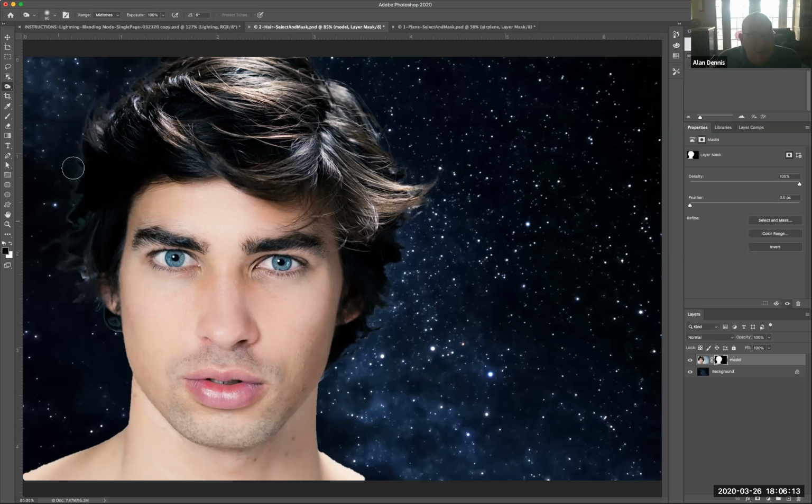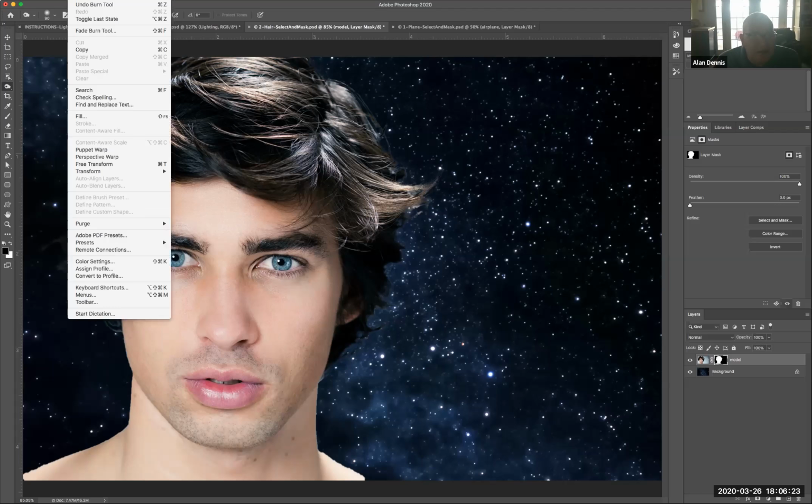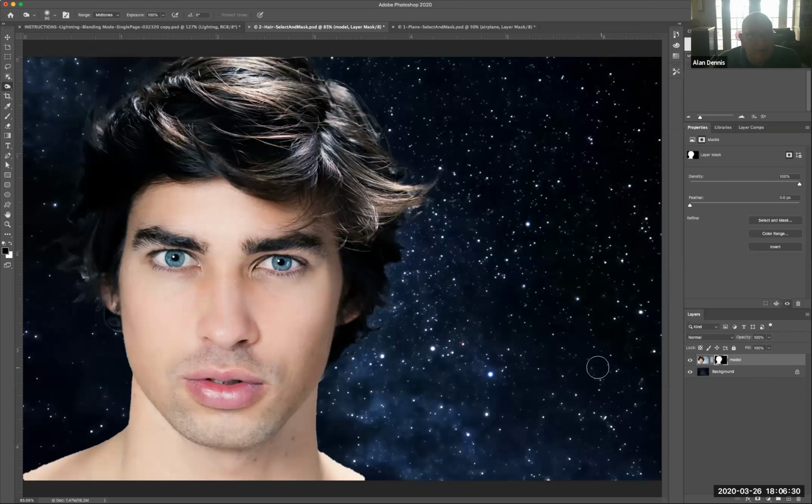So that's a little demo on the dodge and burn tools, and a demo on the object selection tool, and a demo on how to go to Edit, Toolbar, and pull up the tool presets. So you'll have both of these